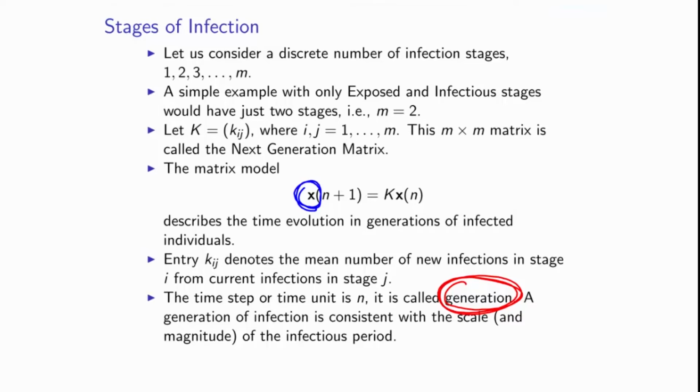So what is the infectious period? This is the length of time an individual remains capable of passing on the infection. For certain diseases, this infectious period is on the order of days, 2 or 3 days. Other diseases would have an infectious period on the order of weeks, maybe 1 week or 2 weeks. That gives you an idea of the magnitude.